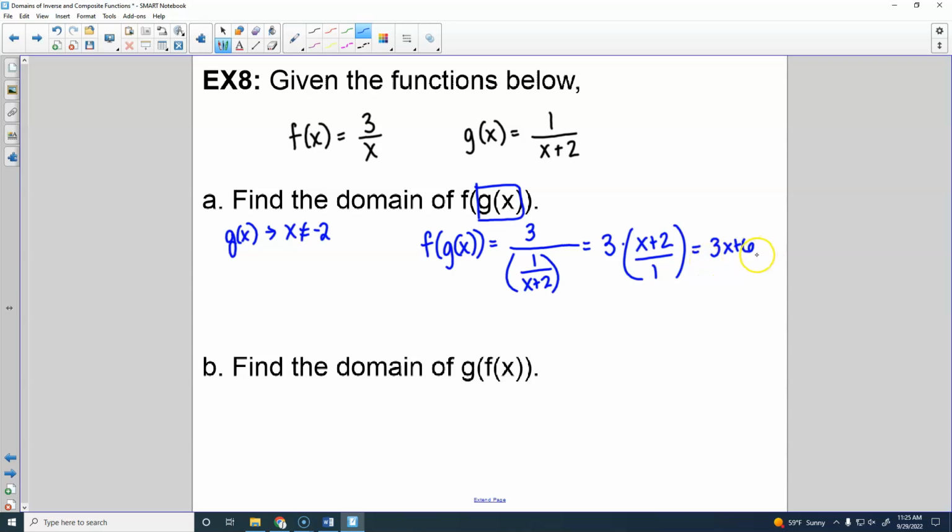All right, so we got 3x plus 6. Are there any restrictions on that? No. We don't have square roots, we don't have fractions, we don't have logs. Those are the 3 things that we're looking for that are going to give us restrictions. So the domain of this would be all real numbers, but